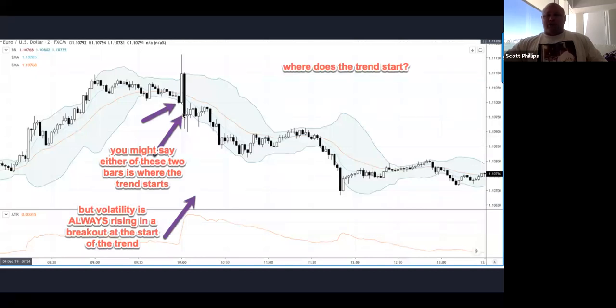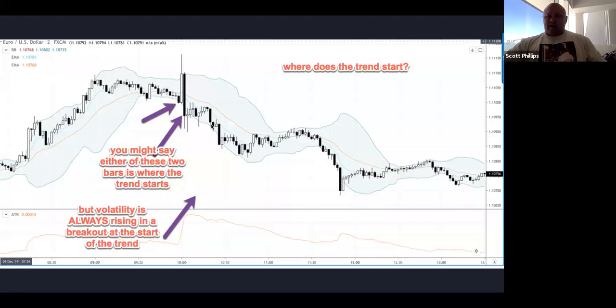Okay, I think the trend starts here. I think that's when it's confirmed, but you might say that the trend started here. What you think is that always at the start of a trend, volatility is rising, and we're waiting until volatility decreases. So if you think the trend started here or here or here, those things are of very little import, because